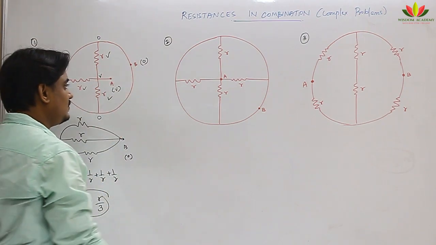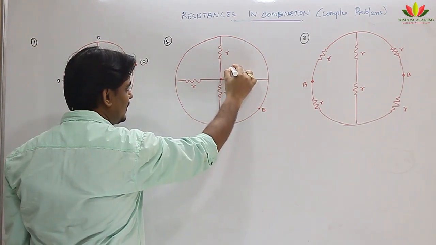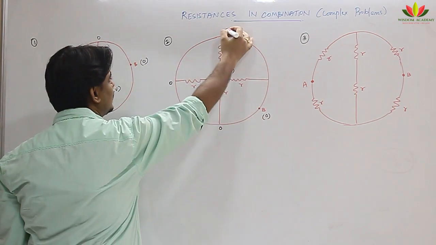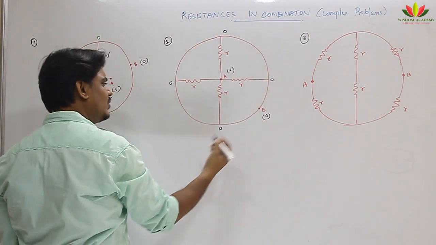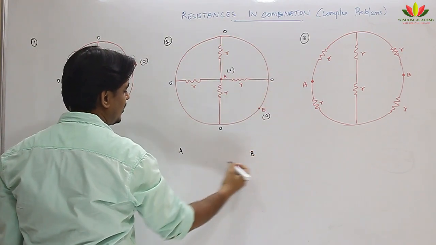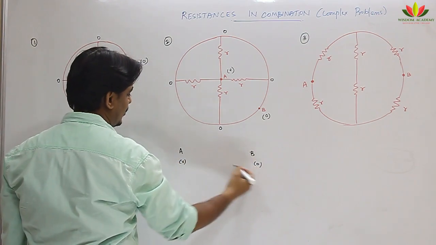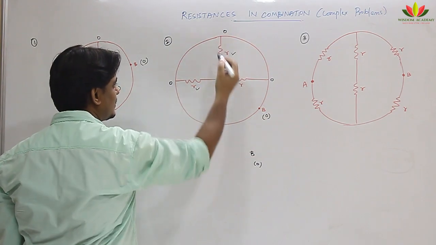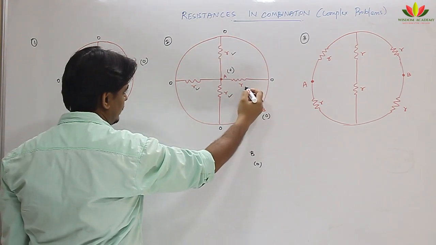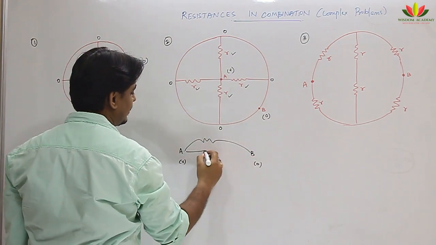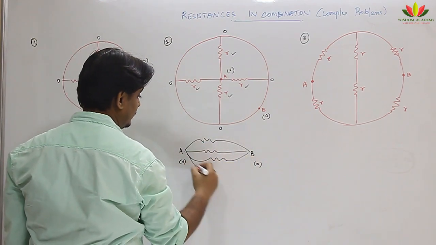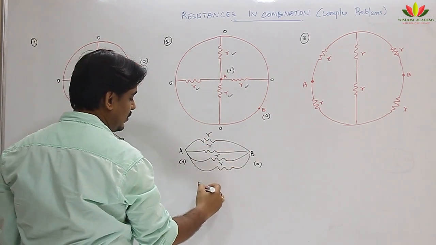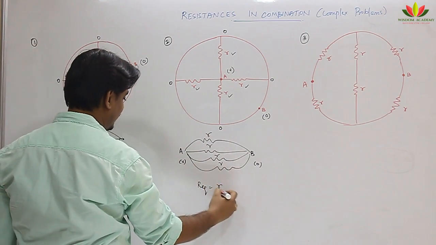This question, if this point is A, assuming to be V, point B, assuming to be 0, same way this will be 0, this will be 0, this will be 0, this will be 0. Point A potential is V, point B potential is 0. From A, this R between V and 0, this R between V and 0, this R between V and 0, 4 things are there, everything is in parallel. Very simple actually. R, R, R and R. So R equivalent will be equal to R by N, so R by 4.